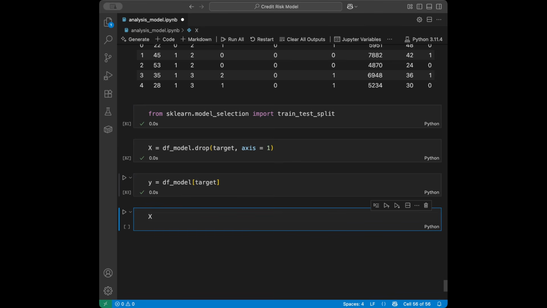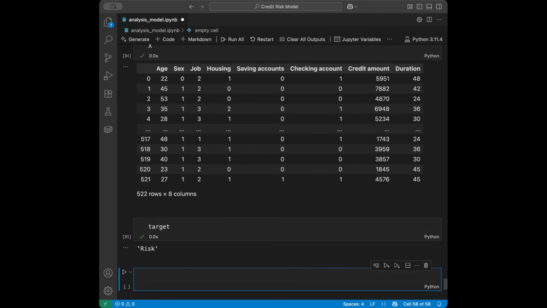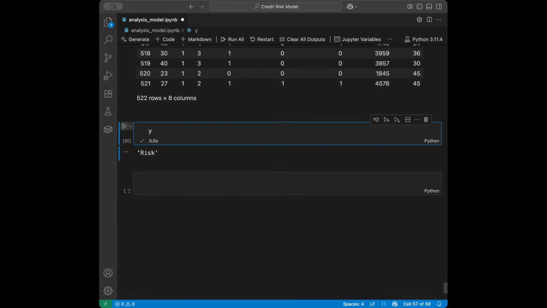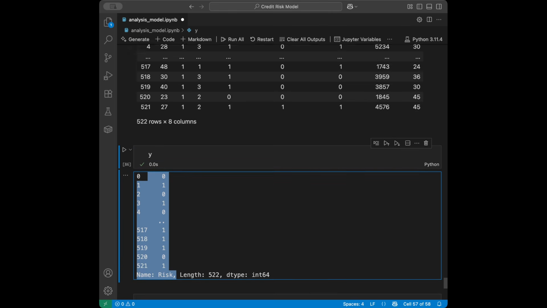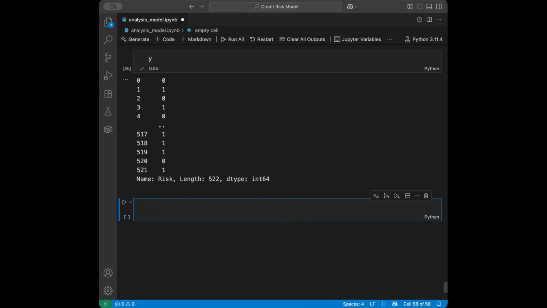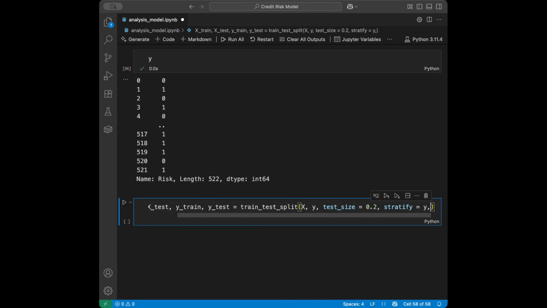So at the X side we have this, and for the target side we have this at the Y side, sorry. So I will just write Y. In here we have an array like this, and in here we don't have the risk column anymore. So we will use train_test_split right now. I will say X_train, X_test, Y_train, Y_test equals train_test_split(X, Y), and then I will say test_size 0.2. I will say stratify Y, and also I'm going to set random_state here, because